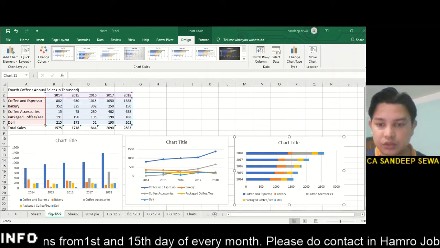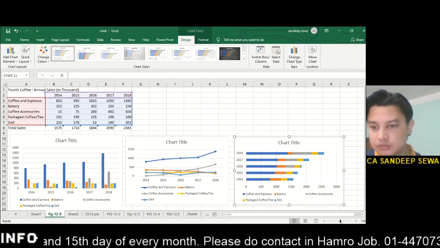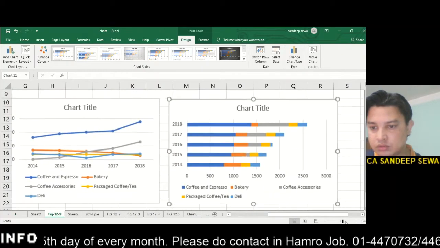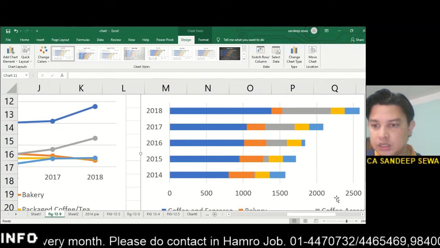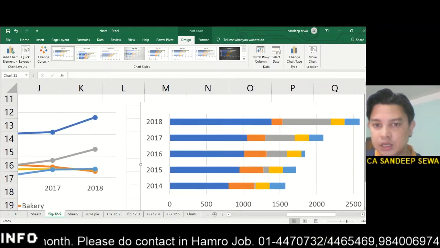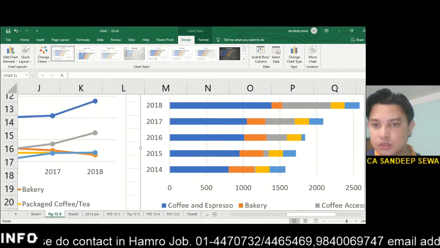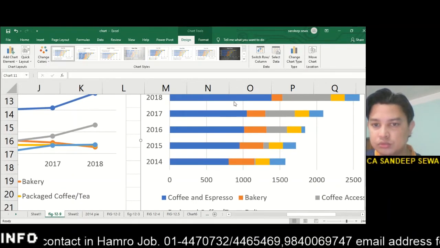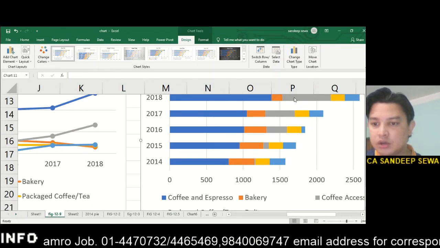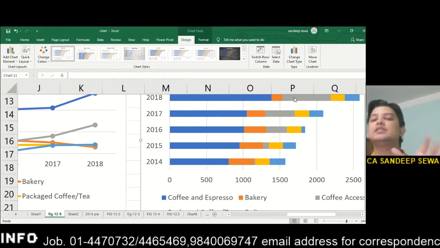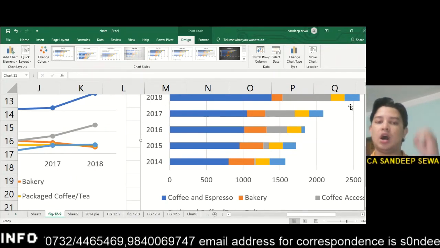I want to zoom in. See the relationship in one bar chart. There is espresso, coffee espresso in blue, bakery, and coffee accessories in a relationship. This is the relationship in 2014, and this is a stack of the data.